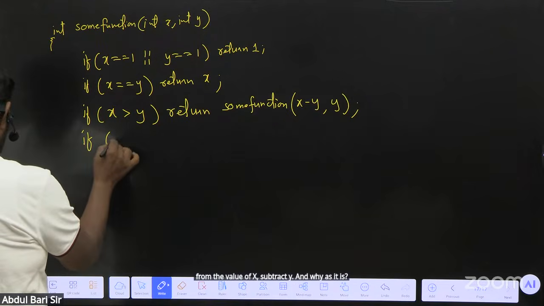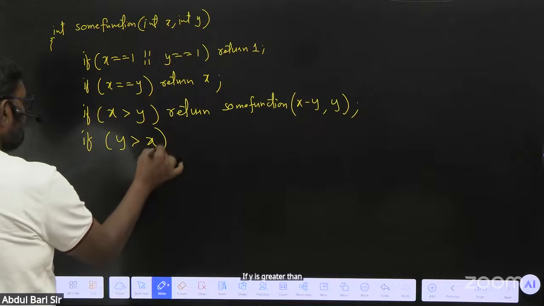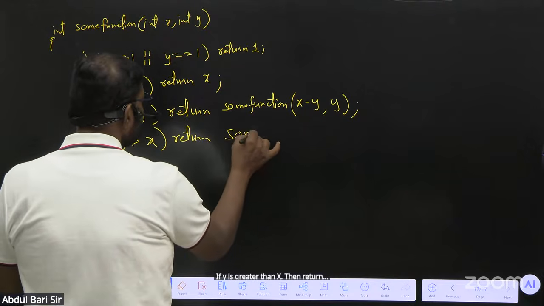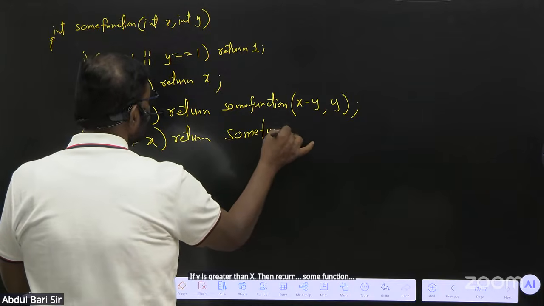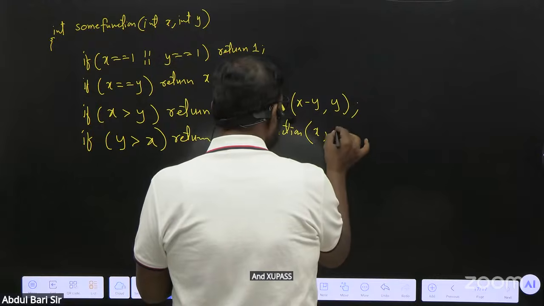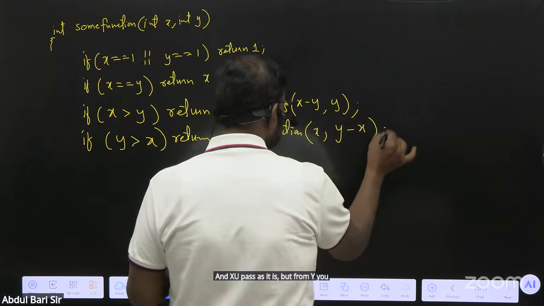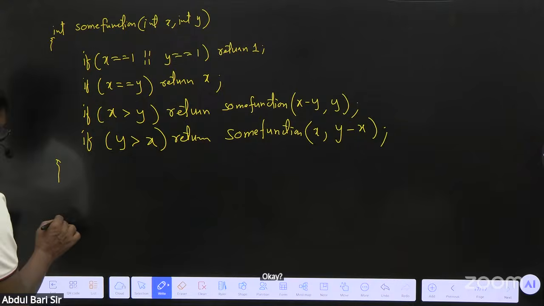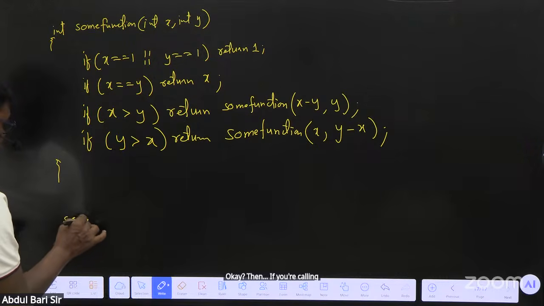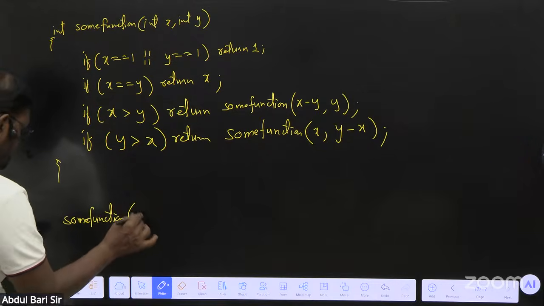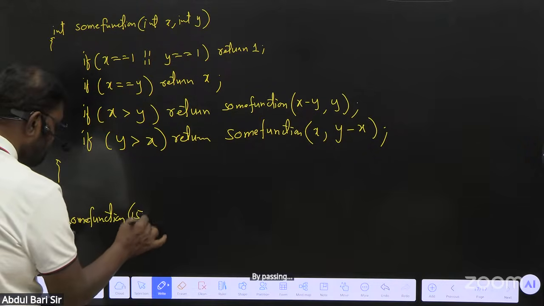If y is greater than x, then return sum function, and x you pass as it is, but from y you subtract x. Okay? Then, if you're calling this sum function by passing